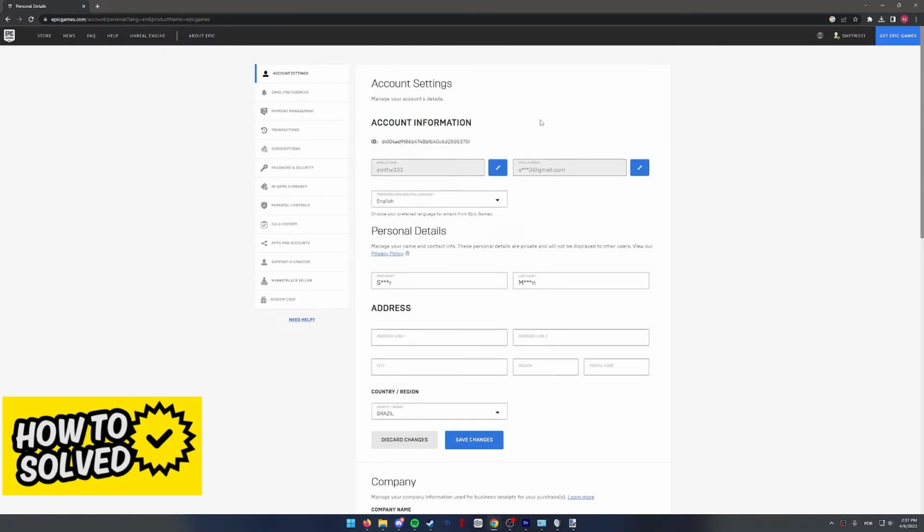I hope I was able to help you on how to know what Epic Games account is linked to your